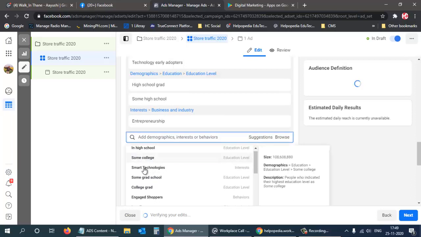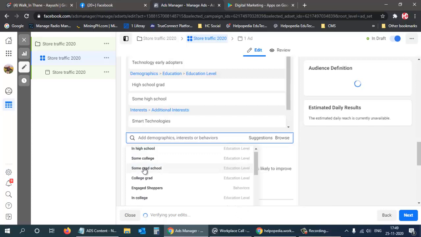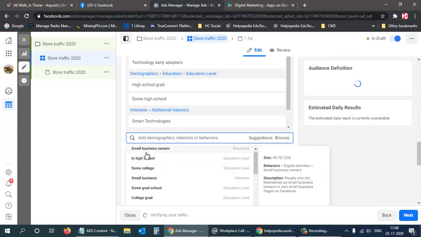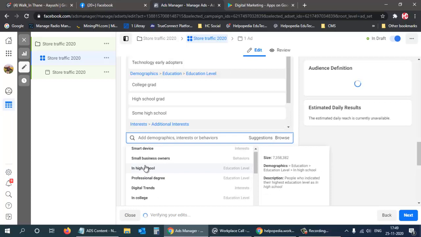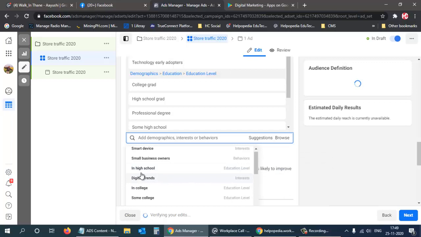If it is a store like a DMart store, then they can select all of them, that is not a problem. Even if they don't select anything, it's fine, because then anybody searching for related keywords would come up. So I can select whatever I want over here.